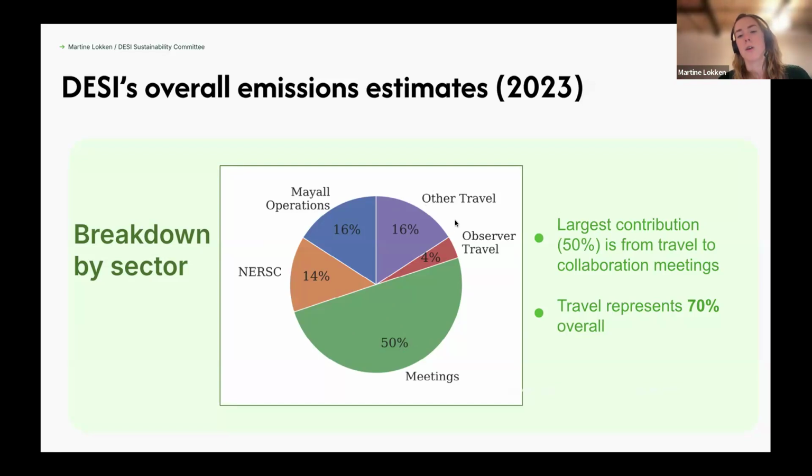This other travel mostly comes from speakers that the DESI board and DESI speaker board will decide to send to different conferences. And so we decided to count that because that's a DESI organized activity. So there's quite a bit of flights contributing a significant fraction there. And then observer travel is pretty small, but there's a few people that actually go to Kitt Peak to observe. So that makes up that last little fraction. But you can see overall that travel represents about 70%. So by and large, reducing flights became our main target with this work.